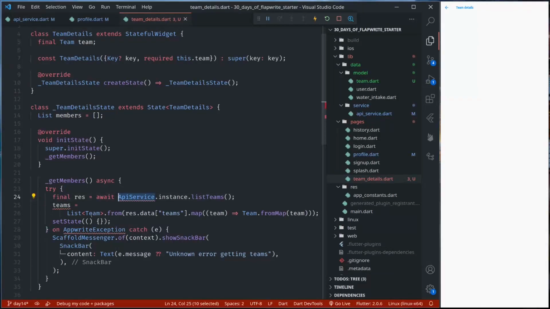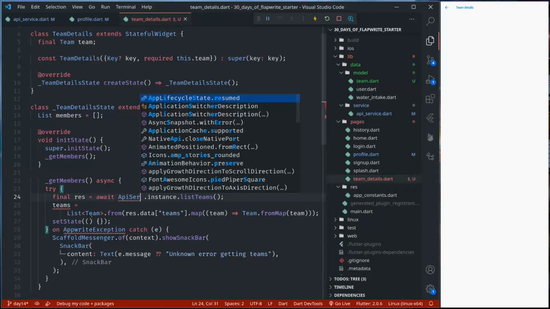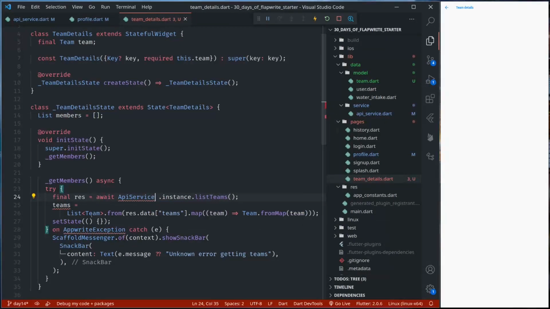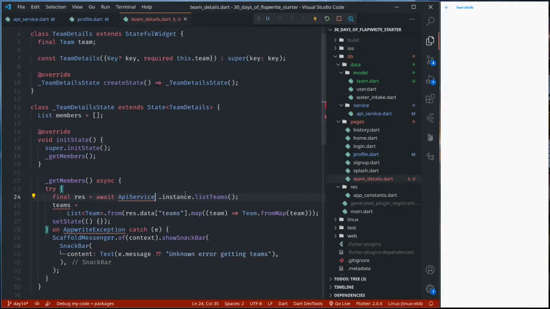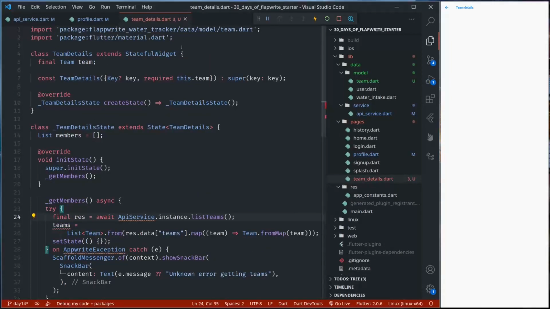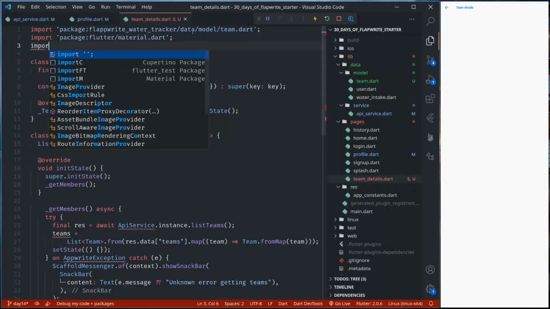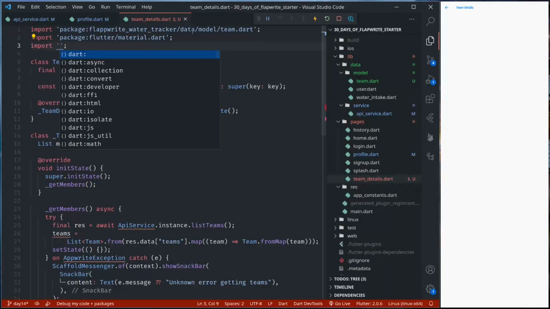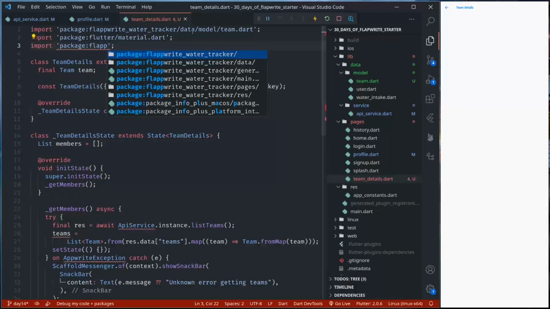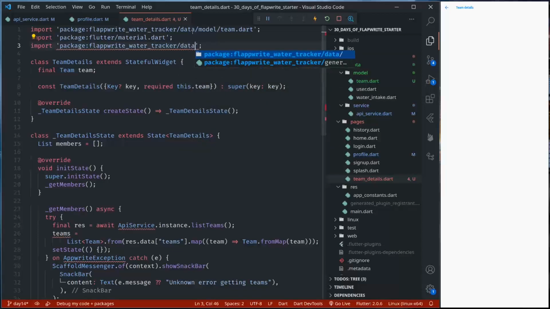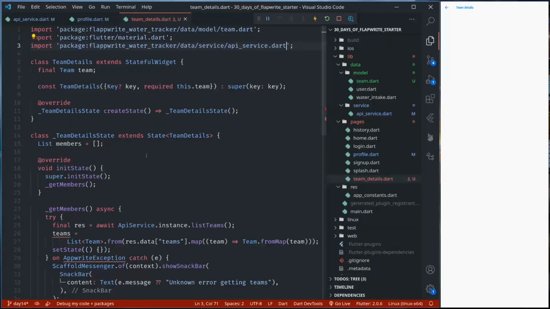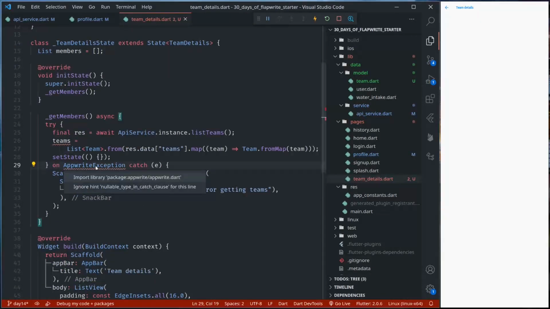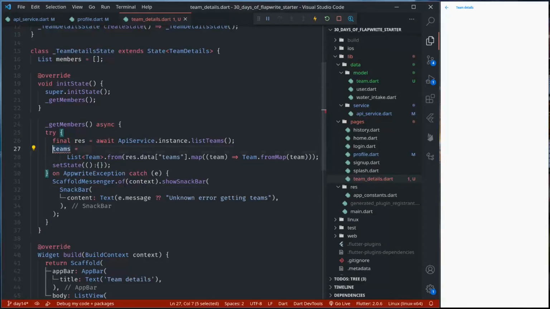Where is it? What's going on? This is not being imported automatically. Let me just import from here. I can water tracker, data service, API service.dart, Appwrite exception. I can import,